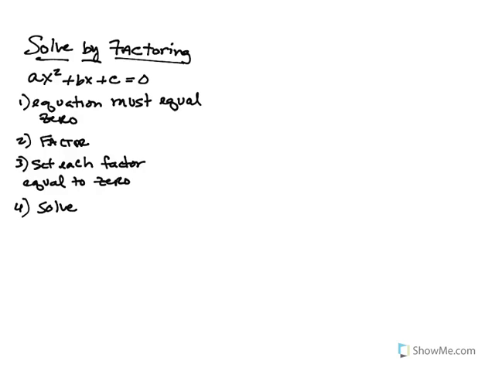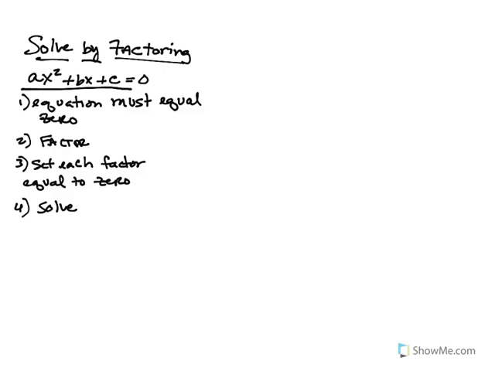Okay, so 6.5 or 6.6 is solving by factoring. So when we're solving by factoring, we want to make sure that we understand the form that the equation has to be in when you solve by factoring. So the equation has to be equal to 0. And you're going to always look to see if you have a term that has an exponent other than a